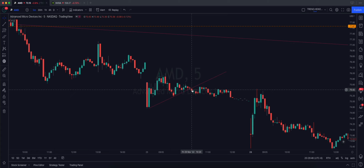I grabbed puts, right? My stop loss would be what? Break and hold of this trend line to the upside, right? If we get back above that trend, that's indicative to me of failed momentum to the downside. I don't want to stick in this trade. This could possibly see new highs. But as you see, we never did get it, and it just consolidated and went into profit, went